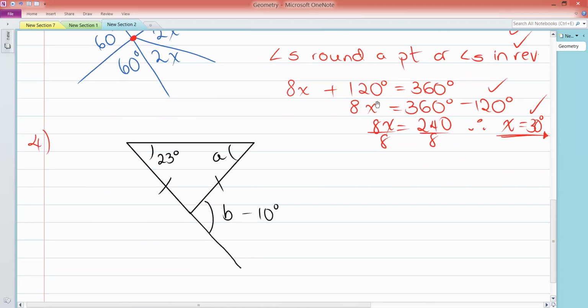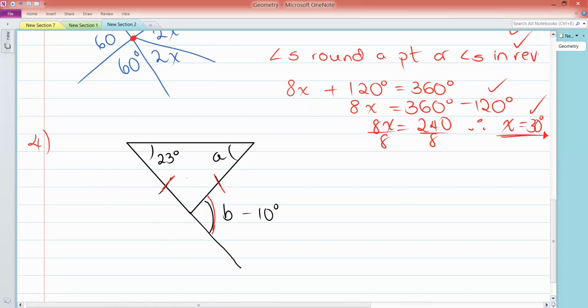Right, then our last question. Remember earlier we introduced exterior angles in a triangle. So we have a triangle here, and we also have a straight line extending from the triangle. So our exterior angle is this one here. Now, what do these lines mean? These lines on the triangle tell us that those two sides are